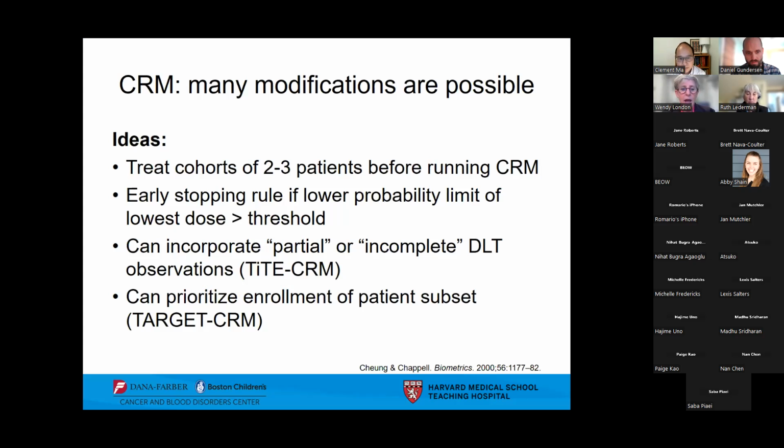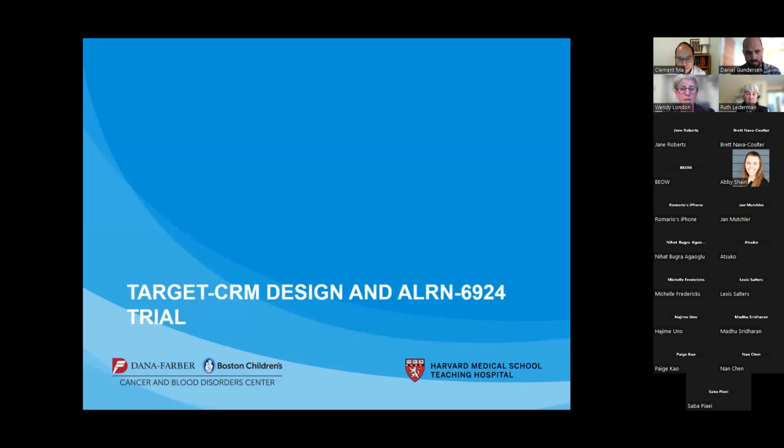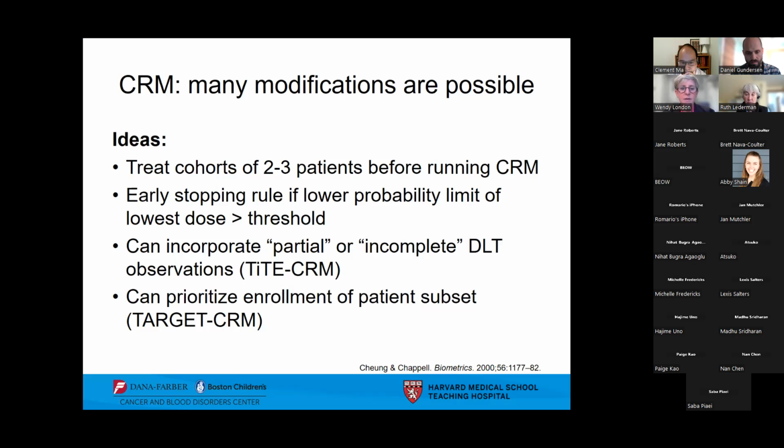So now let's look at the TARGET-CRM. This is a design that was developed by Dr. Ma, and we've applied it to a trial in pediatric oncology. Next. In general, we're able to make many possible modifications to the CRM. We have flexibility in the cohort size. We can develop an early stopping rule if the lower limit of the confidence interval is higher than